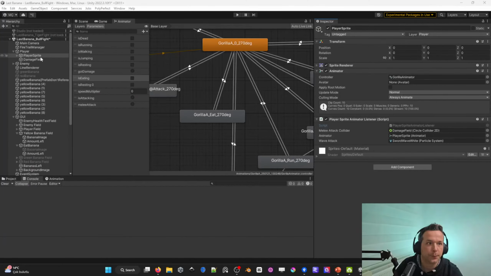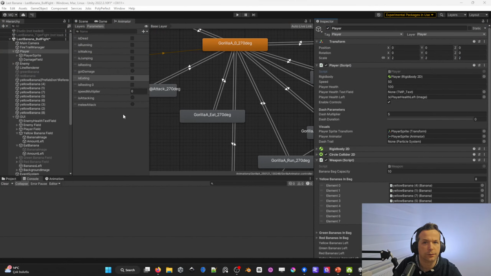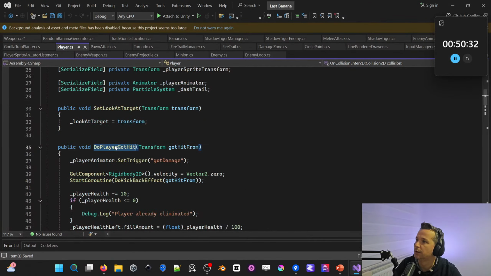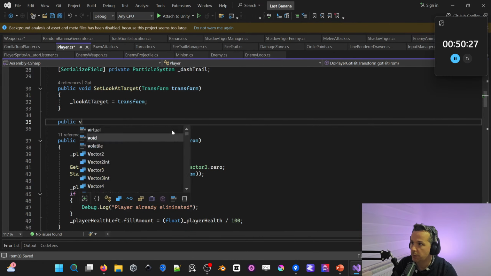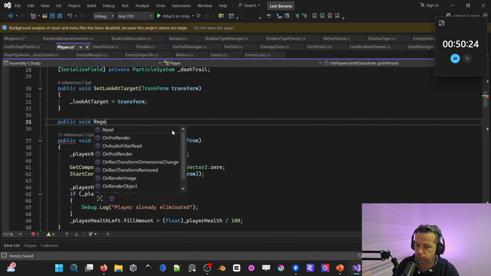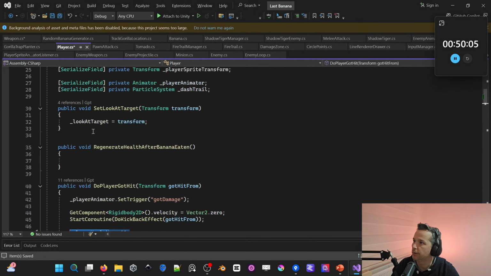and here is the player scripts where I have the health components. The player got hit is reduced to health, and public void regenerate health after banana eaten. And what I want this thing to do is to increase the player health with the amount of 10,